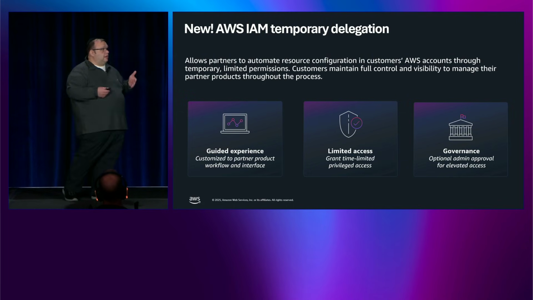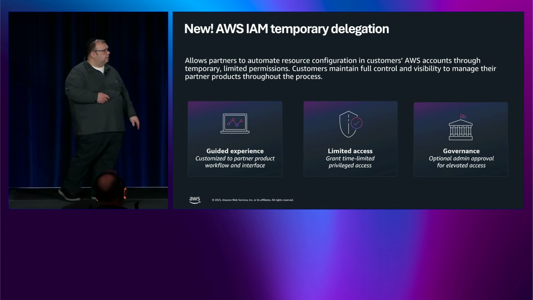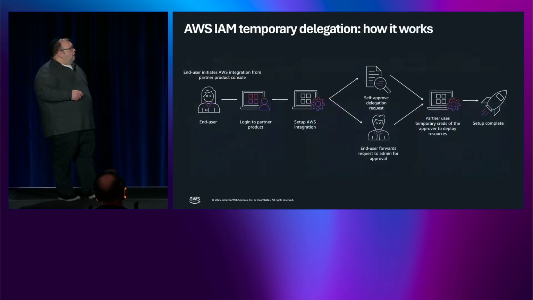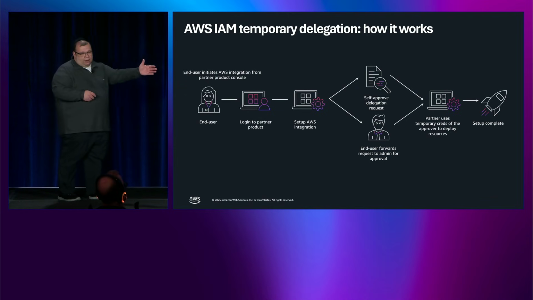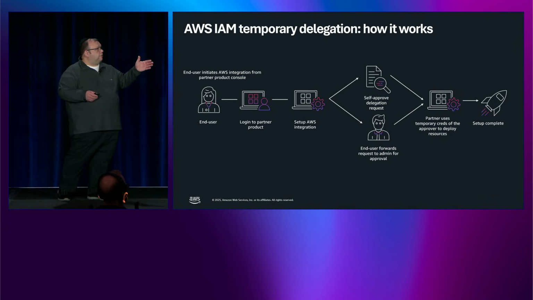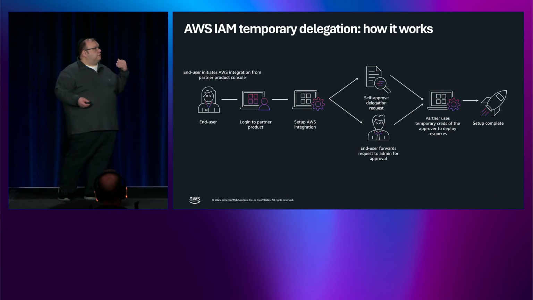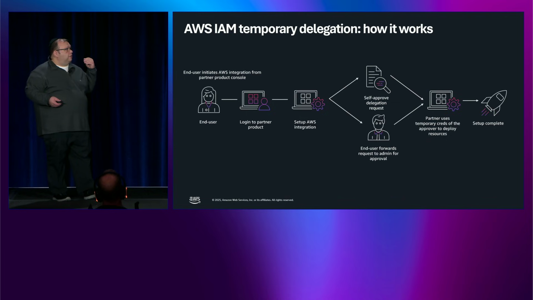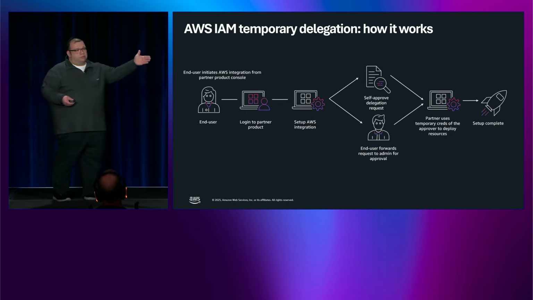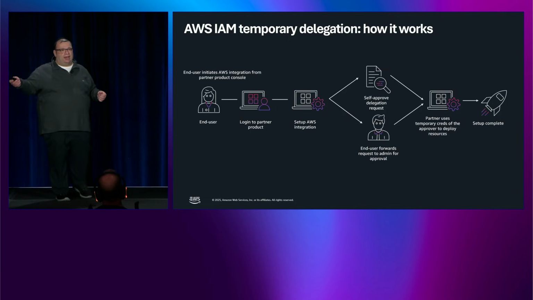And the cool thing is also, obviously, everything is logged and it's in your account and you have everything in CloudTrail. And this just describes the flow. So the end user starts with a partner product. You set up the AWS integration. Either you self-approve or you go to an admin, and then the partner uses the temporary credentials to be able to go ahead and do the deployment or the persistent access with